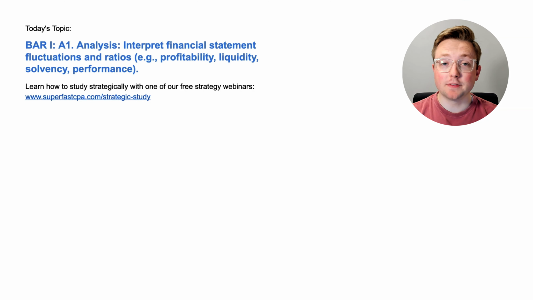I'm Logan, and in today's video, we're going to be going over BAR Area 1. This is Section A1. This is an analysis topic. Interpret financial statement fluctuations and ratios, and that would be things like the profitability ratios, liquidity ratios, solvency ratios, and the performance ratios. And we're going to be doing that the SuperfastCPA way, which is diving straight into the questions